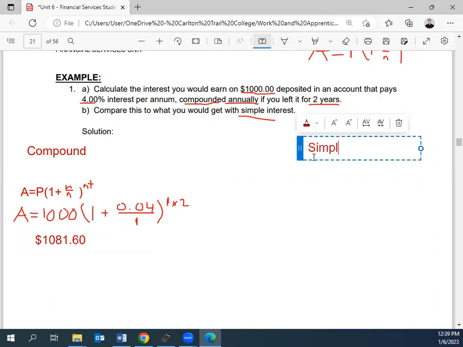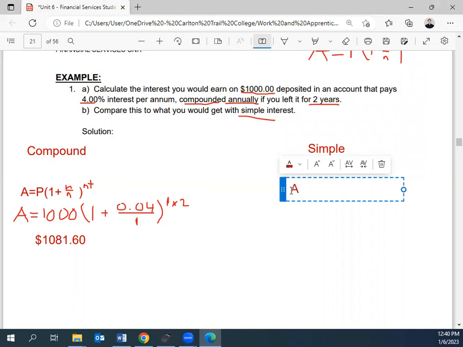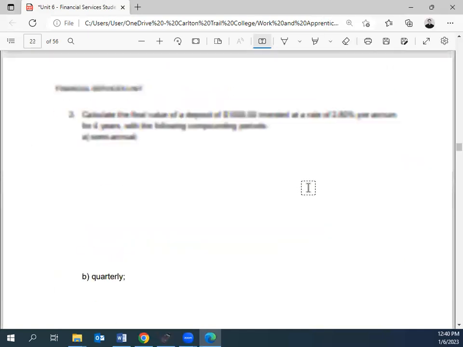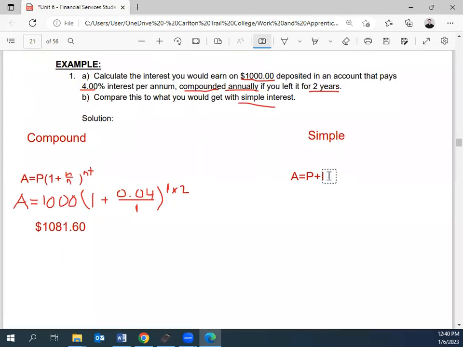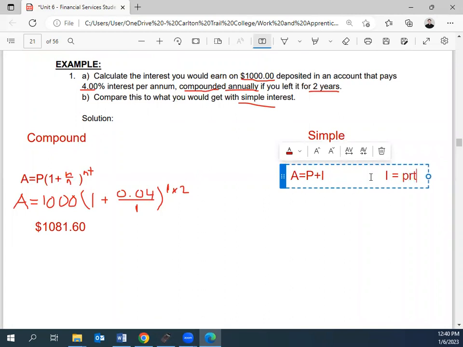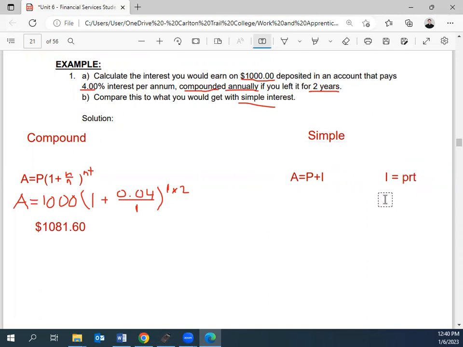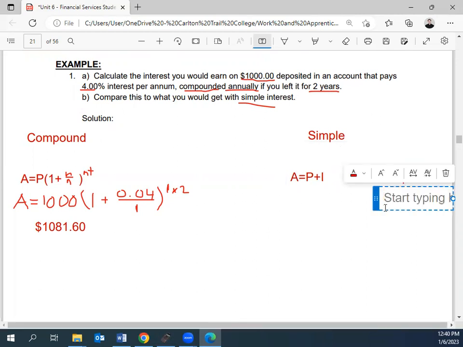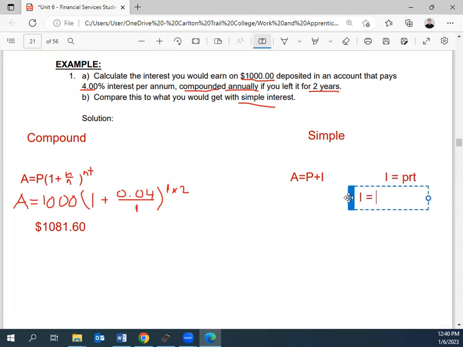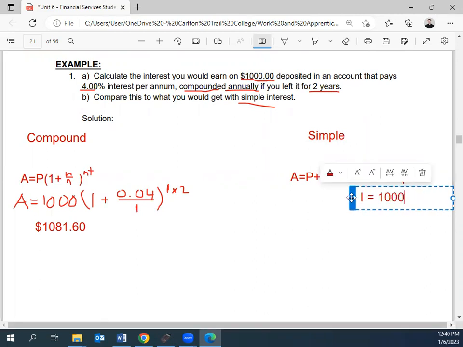Now with simple interest, if you remember, if you go all the way up a couple different pages, there are 2 formulas. A is equal to P plus I, principal plus interest. And the second formula, because we have to figure out what the interest is, is I equals PRT. So I'm going to figure out my interest. My interest is equal to P, the principal, so that's $1,000,